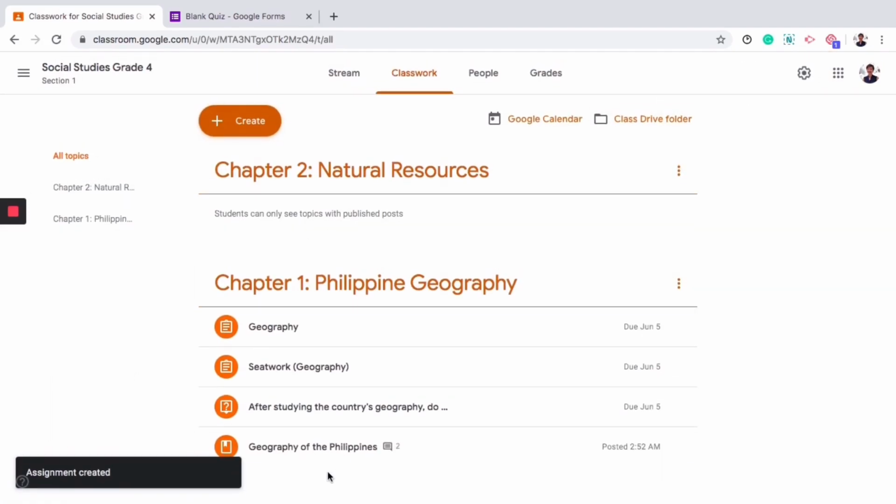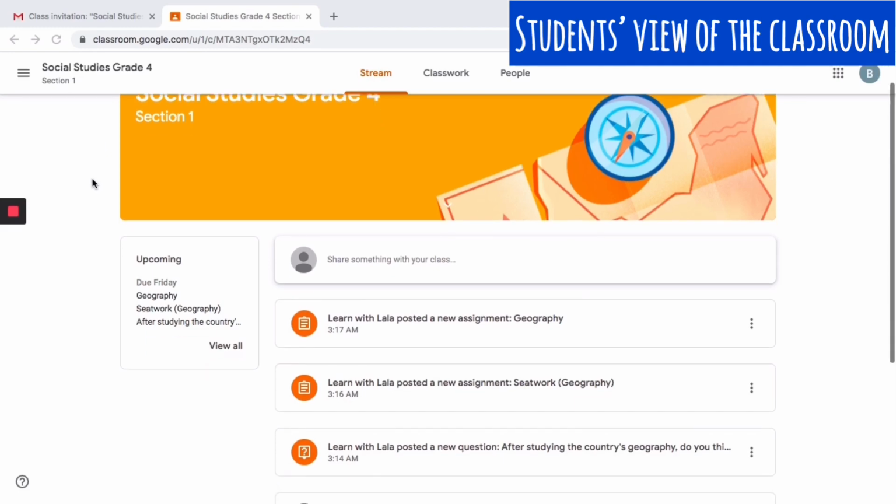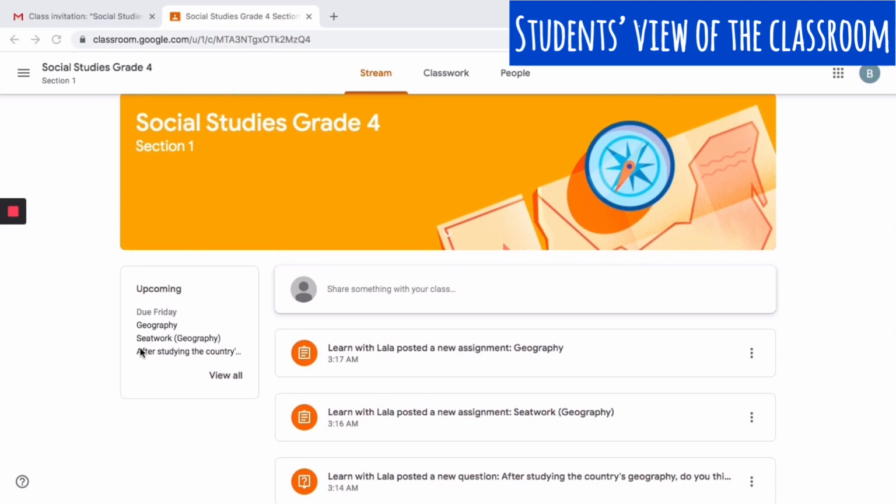Now you have 4 things under Chapter 1. So all different kinds of materials that you have created for your students. Here is the student's view of the Social Studies Google Classroom. After we've created 4 different things in the teacher's account, you will notice here na dito merong due on Friday,